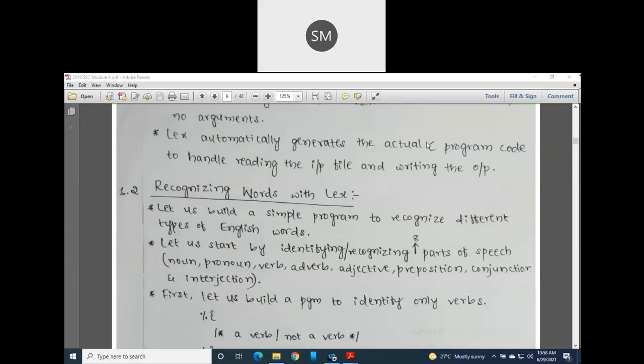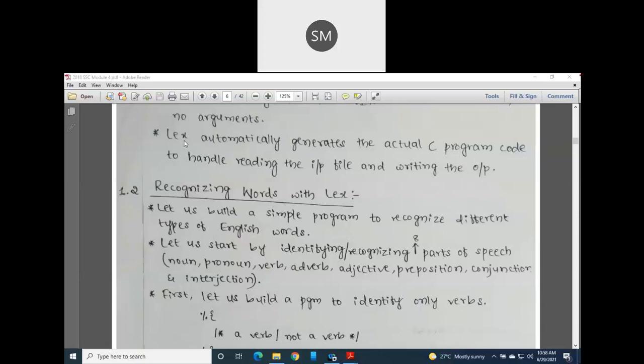Then this C file will be the input to your lexer, and the lexer will take all these input streams and characters as input, and it produces the lexemes and the tokens as output. Also, the C program is for reading the input and writing the output. Because of that, I told you that the C program is not going to do any new task. It is actually equivalent to the C program for our earlier .l file.